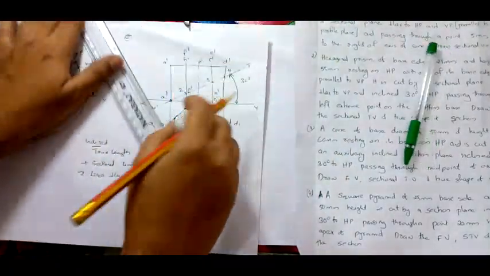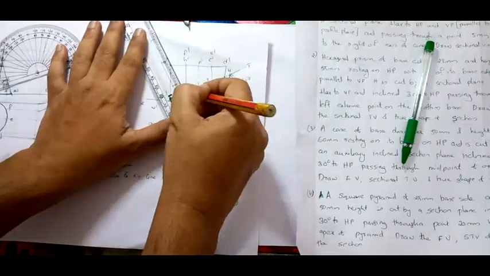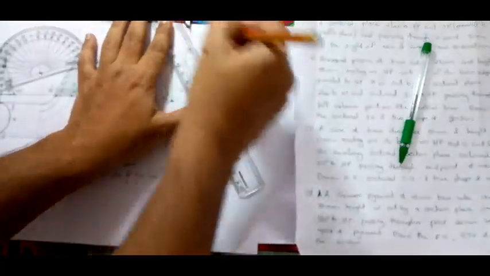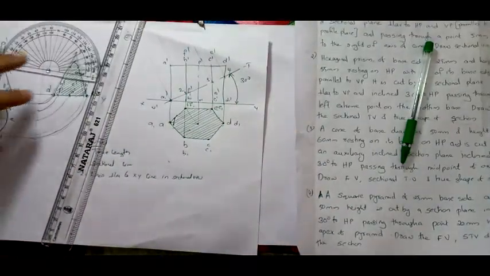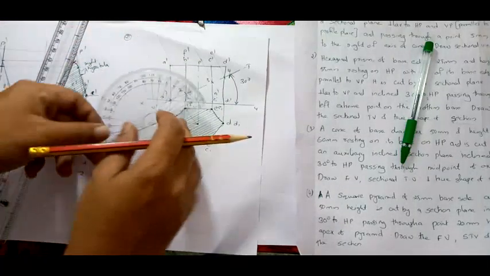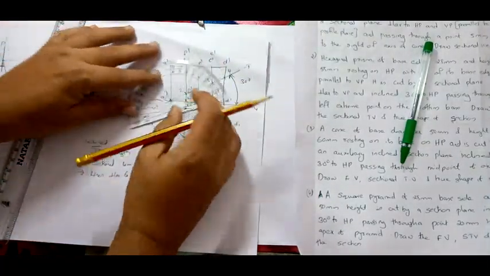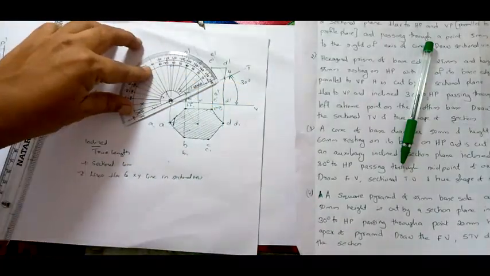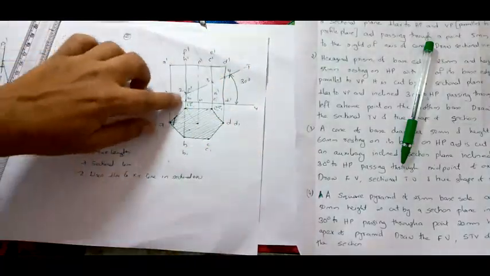For that, what we are going to do is draw perpendicular lines from these 4 points. Now how to draw perpendicular lines? Not just simply draw them. From this point, take 90 degrees and construct a line. Similarly from here, take 90 degrees and draw a line. Similarly from all of these, draw perpendicular lines, not to the xy line, but to our section line.